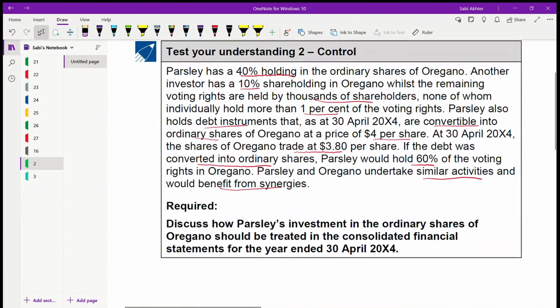Okay, now what we need to look at is the exercise price. What was the exercise price? They are convertible at a price of 4 per share. So this is the exercise price, which is higher than 3.8. But the difference is not so much, okay? And they are going to have the benefit. So this benefit and that out of the money, sorry, out of the money, they are going to cut out each other and the loss will reduce. So it's more likely that they will exercise the option and hence potential voting rights.